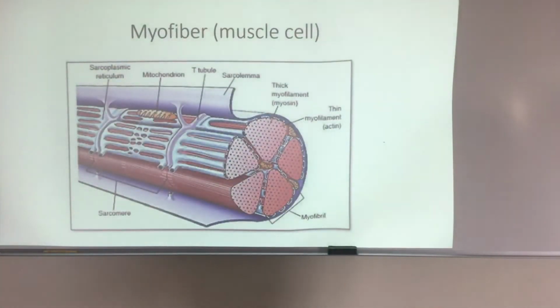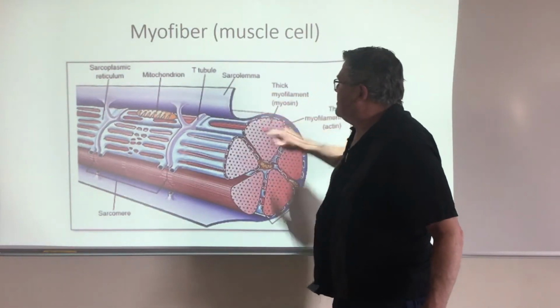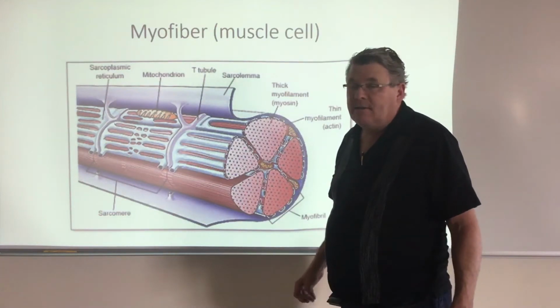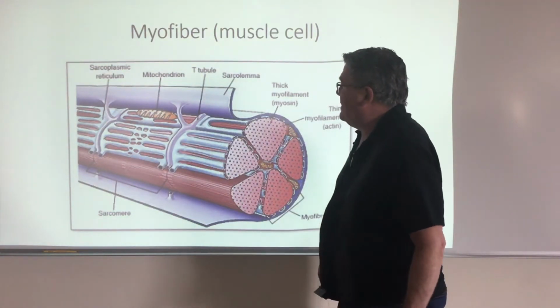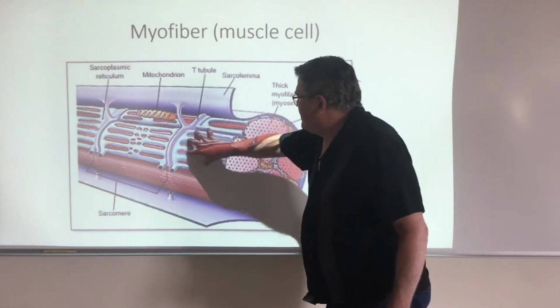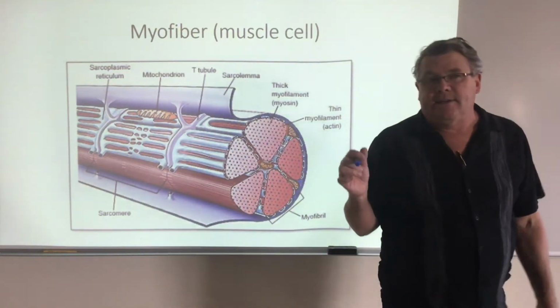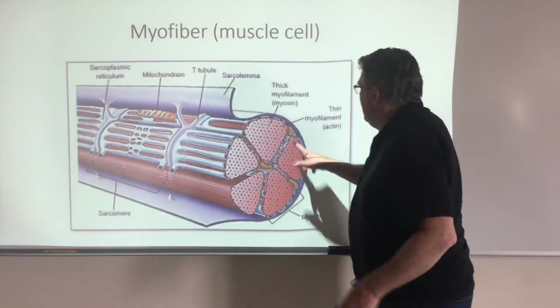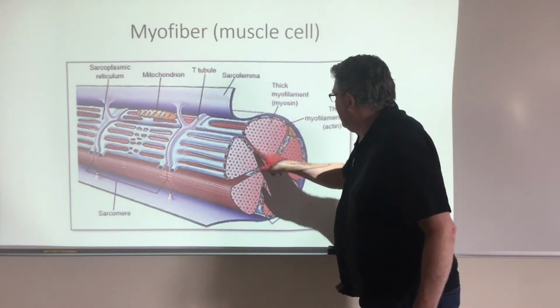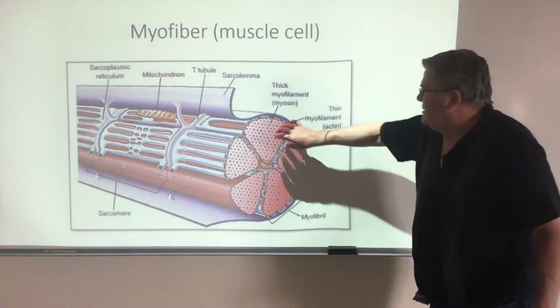Let me see if I can get this turned on again. There. This is essentially where we left off. We had the cell membrane, called the sarcolemma, fancy name for just a phospholipid bilayer. And then we have these extensions that go into these things called T-tubules. And then we have this big network, the sarcoplasmic reticulum, a modification of the endoplasmic reticulum that you are also familiar with. And then we've got these big packages of myosin and actin, and this is where the business is going to happen.